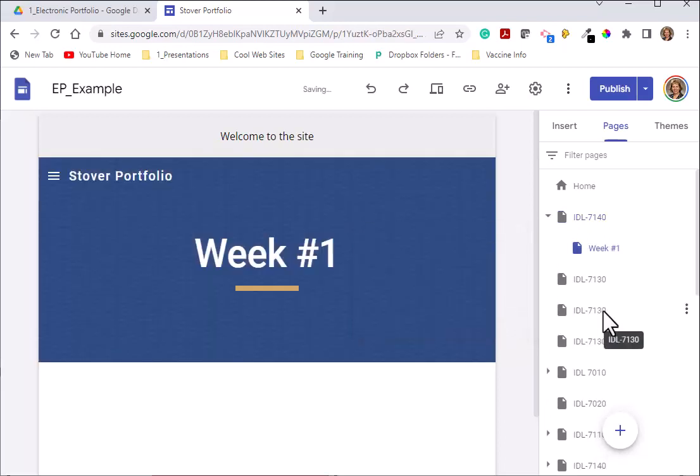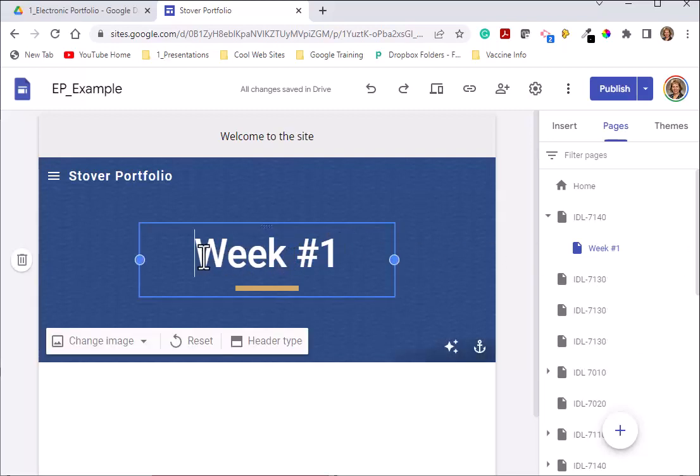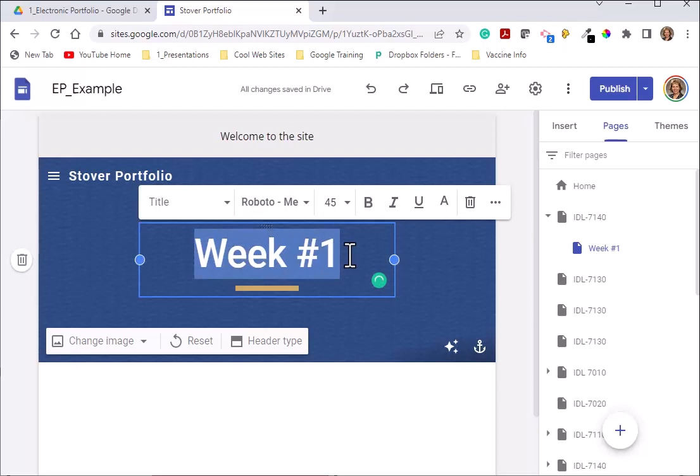Now in week number 1, we're going to set this page up, and this is the page that we will duplicate so that we have consistency on each and every page after that. So I'm going to come back over here to where it says week number 1. I'm going to change the banner to the name of the class,